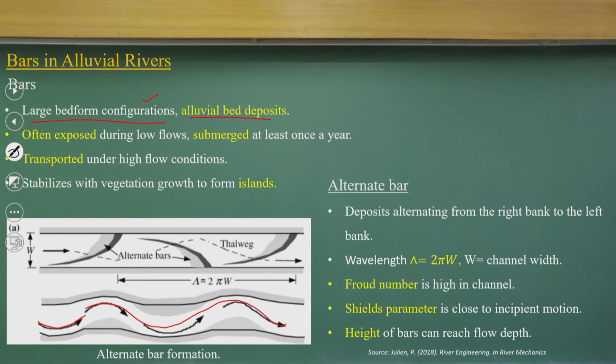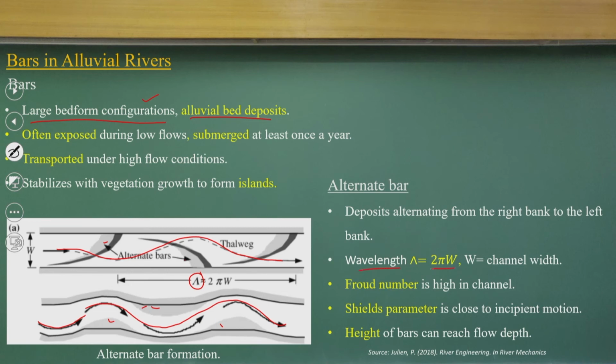Because of these meanders, you will have bar formations. These are called point bars, alternate point bars, and this is the thalweg line, the deepest line of the channel. You can have alternate bar formations, and these bar formations can have a wavelength,